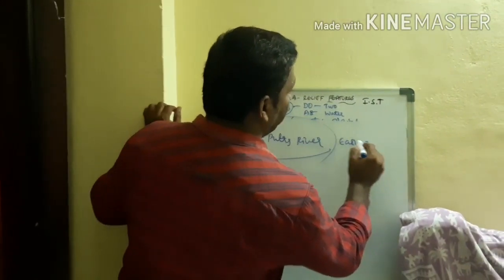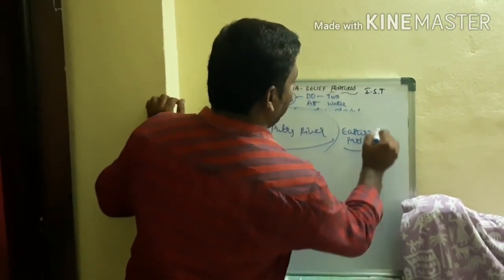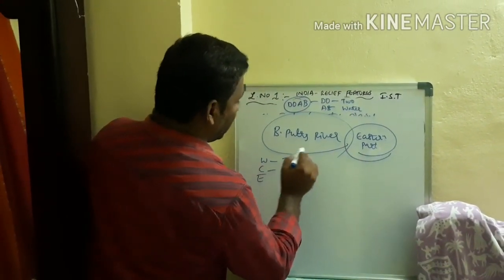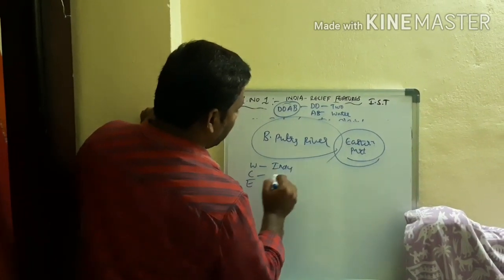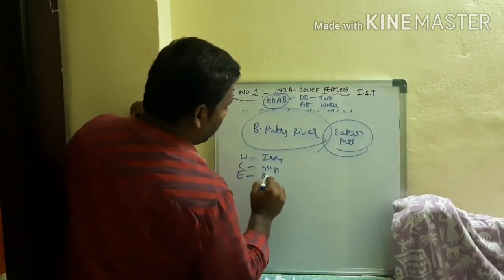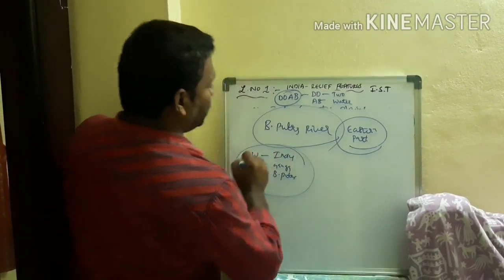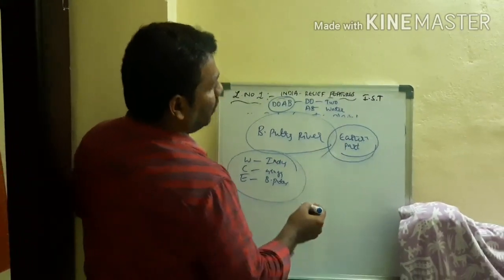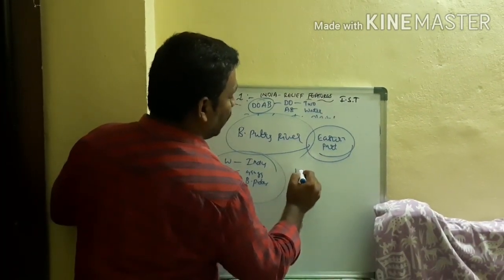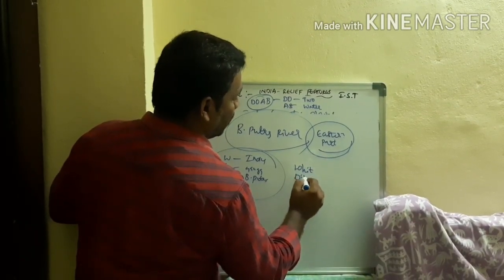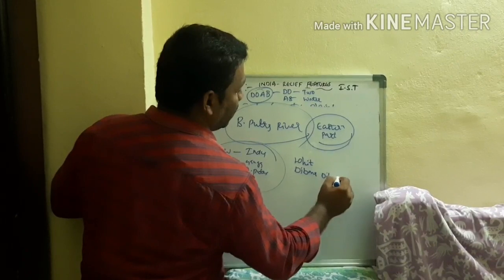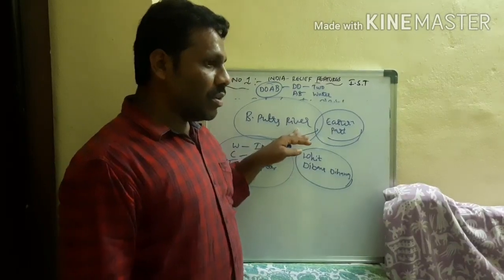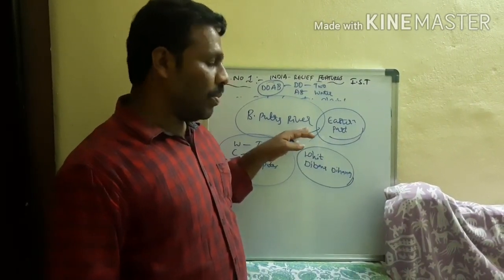The eastern part is completely the responsibility of the Brahmaputra river. We discussed just now: one is the western part, second is the central part, third is the eastern part. The western part comes under the Indus river, the central part under the Ganga river, the eastern part under the Brahmaputra river, which forms the eastern boundary of our country. The tributaries here are Lohit and Dibang, or Dihang. These are the two tributaries, and every year there are floods, especially in Assam.